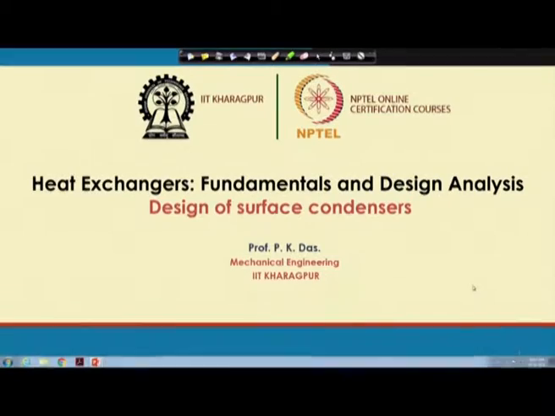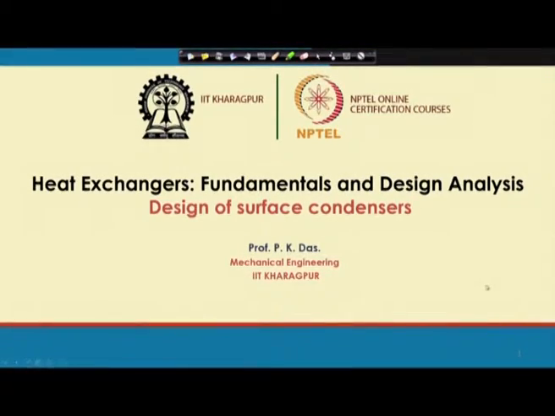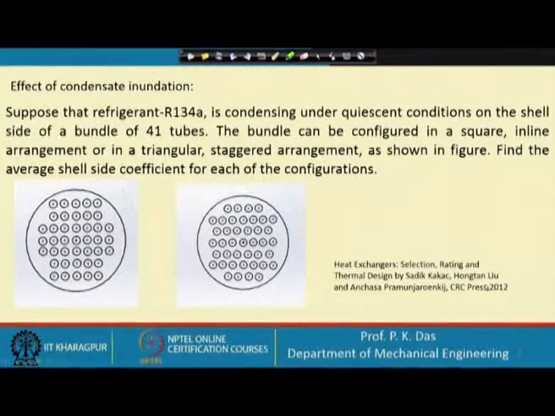If you recall, we have done one problem where we took a single tube and over the tube there is condensation of refrigerant vapor. So, here we are taking up another problem from the book Heat Exchangers: Selection, Rating and Thermal Design by Sadik Kakac and co-authors. Suppose that refrigerant R134a is condensing under quiescent condition, that is almost stationary vapor, on the shell side of a